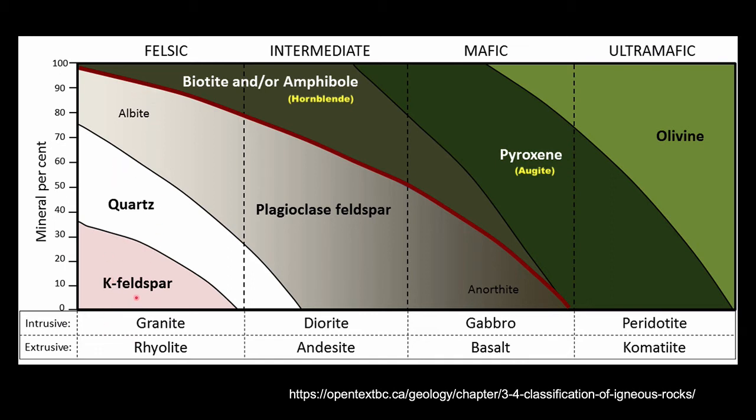And the ones that would be good to know would be granite, because don't take it for granted: potassium feldspar, quartz, white sodium-rich plagioclase, and biotite. And then contrast that to basalt with calcium-rich plagioclase, maybe some hornblende or amphibole, but a lot of pyroxene or augite, and maybe a little bit of olivine. So those two end members would be good to think about and have a feel for in terms of what